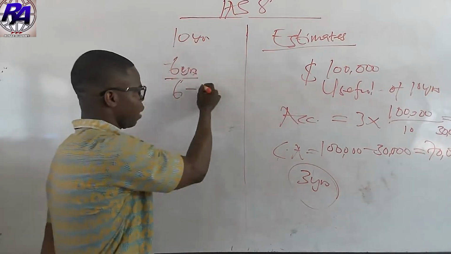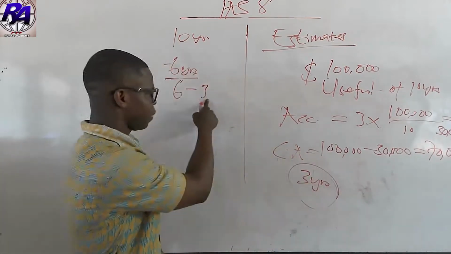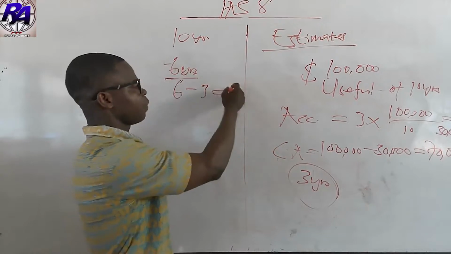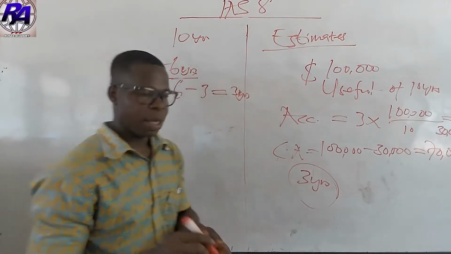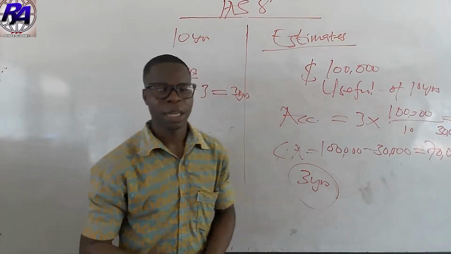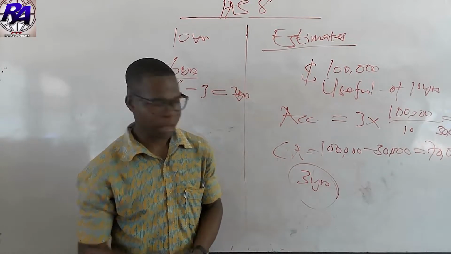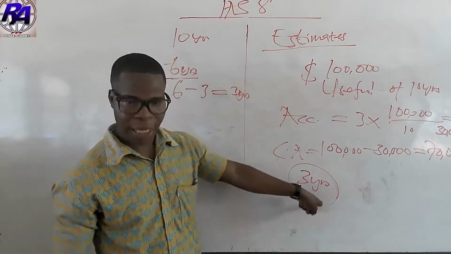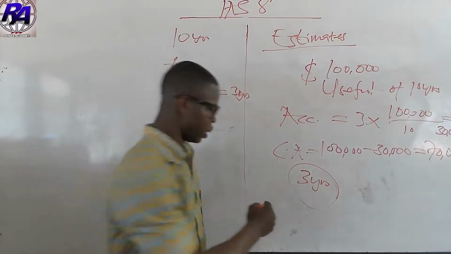The 3 years that we have already used the asset, which gives us 30,000, you deduct it before you get the remaining useful life of 3 years. So please always look at the content of the question and what the question is telling you before you go ahead and solve it. So in this case, in the fourth year in which the change is being made, our depreciation is going to be